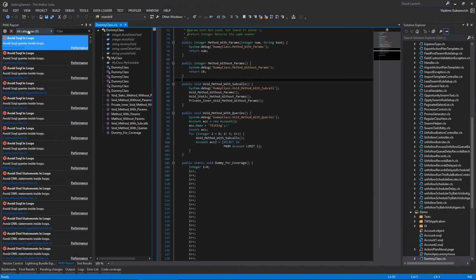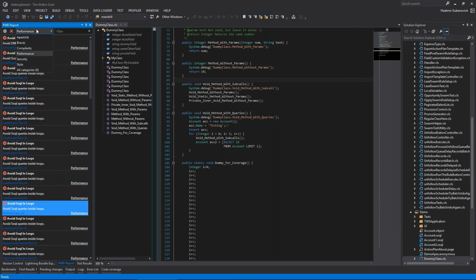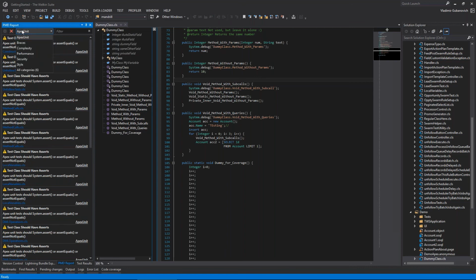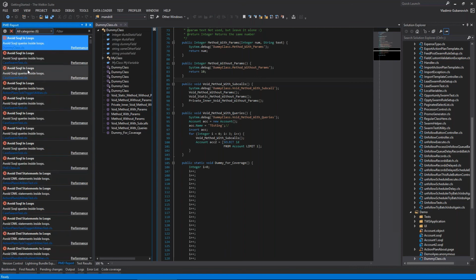There are also categories breakdown in the PMD report panel. By default, we are showing all categories. However, if you don't care for now about styling issues, you can switch to performance or, for example, to Apex unit. In case you're looking for some specific issues in your code and would like to fix them first of all,